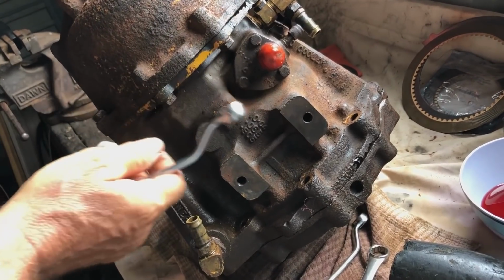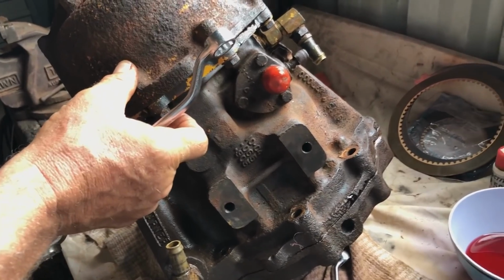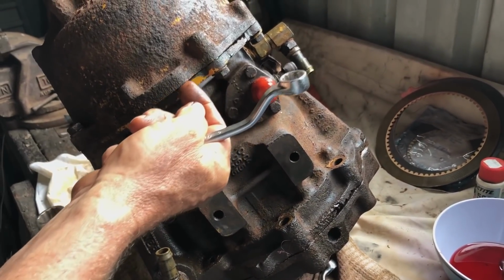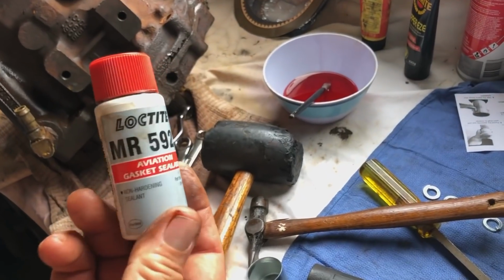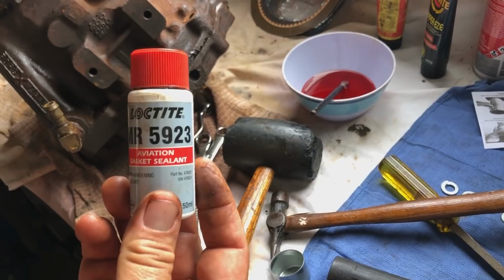I could go right into it. Yeah. Okay. With new bolts, but these aren't so critical. Yeah. Because we've got a paper gasket in here. That's your best friend for paper gaskets. And what's that called? That's called